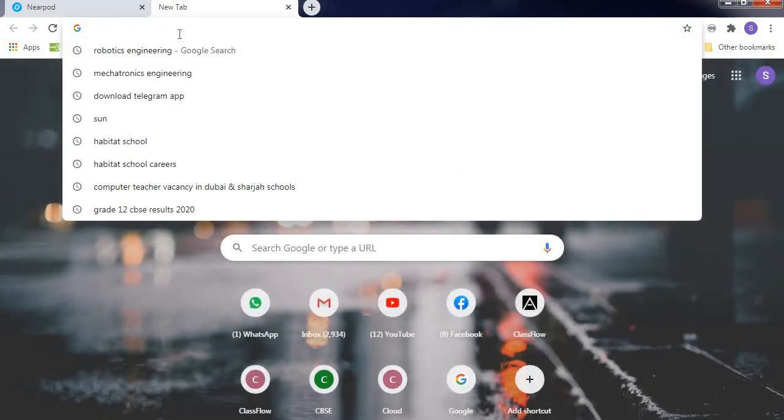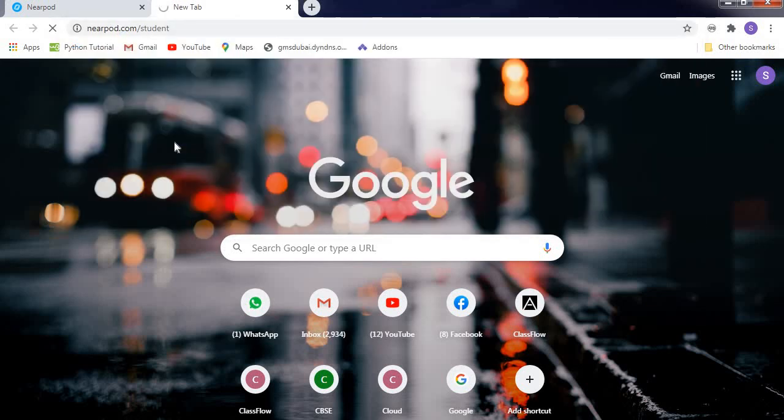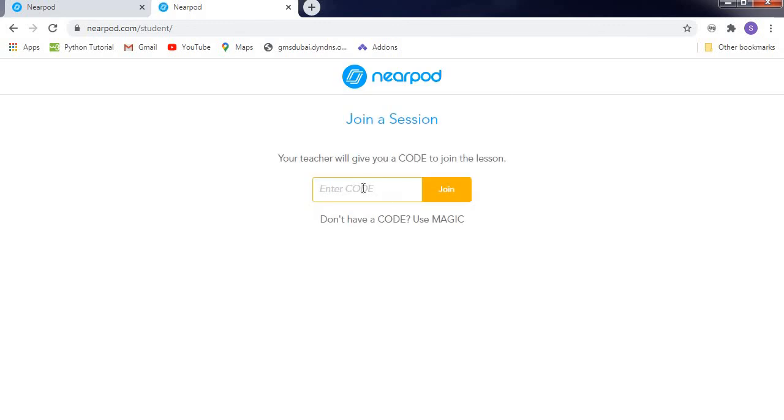They can go directly to Nearpod, either joining with the link they get from the teacher, or else they can search for nearpod.com for students. Once that comes up, the students need to join with a code. That means the teacher shows one code, and they need to enter this code and join.